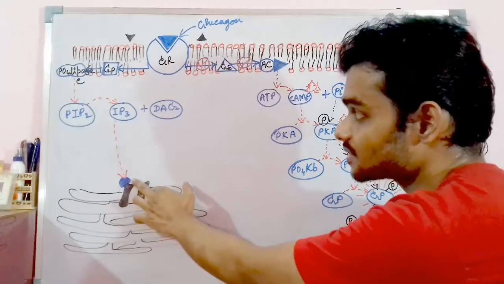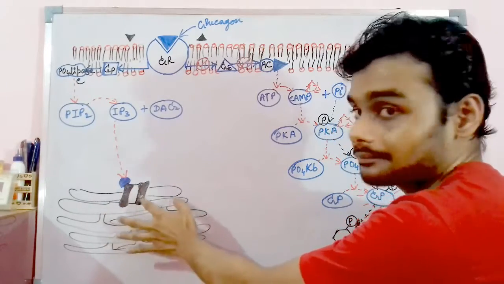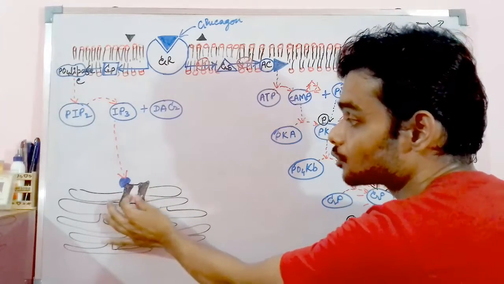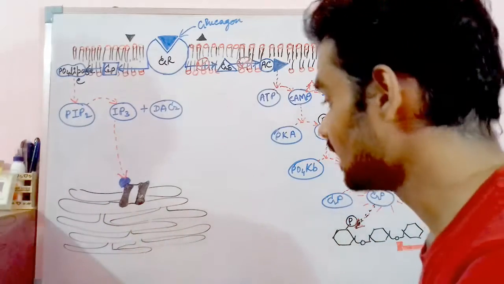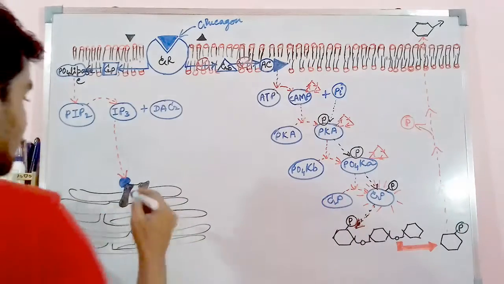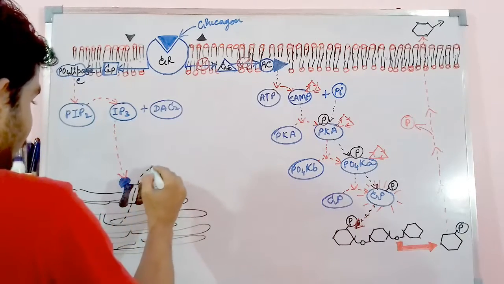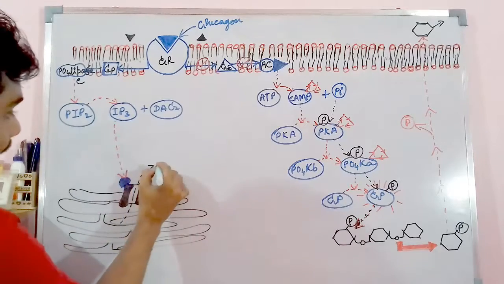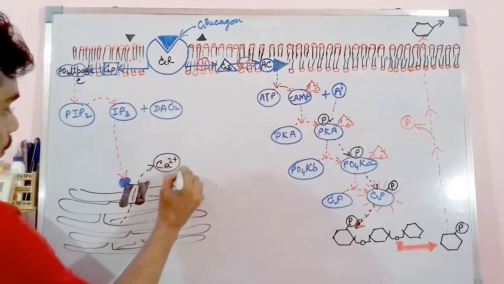That is, in the presence of the IP3 molecule, this particular flap present over here and this flap present over here would not close. These two flaps would not come towards each other. Okay, it would not help in the closure of the calcium channel, and as a result, what would happen? It would keep open the calcium channel, and the calcium ions, Ca2 plus, would come out of